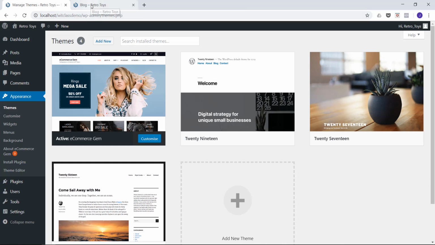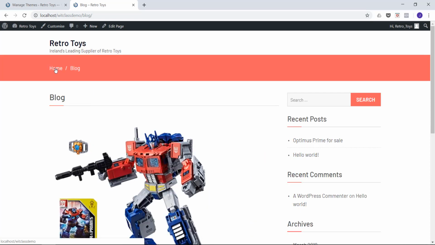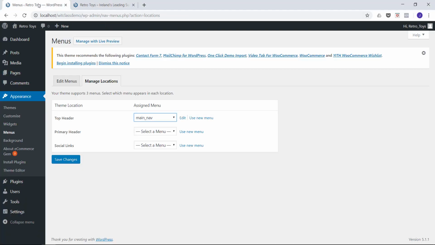And if I go back over to my Retro Toys site and I refresh, and I go to my home page. Now be careful when you install one of these themes, because as you can see now, my menu system, my navigation is gone. So if I go back over to my dashboard